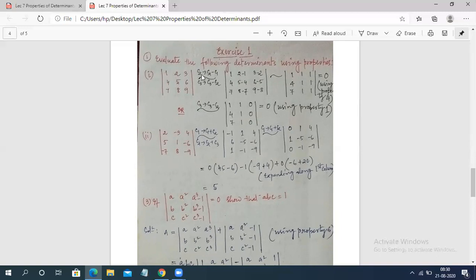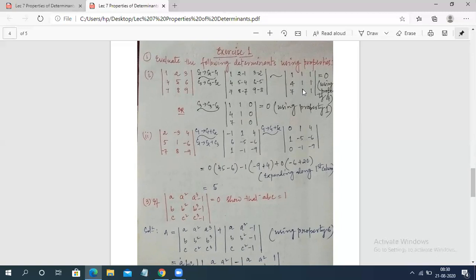So write like this. C2 is getting changed as C2 minus C1, that means 2 minus 1, 5 minus 4, 8 minus 7. That means the corresponding terms you have to subtract. After changing this, C3 is getting changed as C3 minus C2, so 3 minus 2, 6 minus 5, 9 minus 8. Now you are having this determinant: 1 4 7. C1 will remain the same. Now the entries in C2 are 1 1 1, and C3 is again 1 1 1.